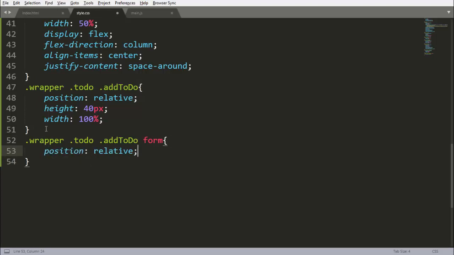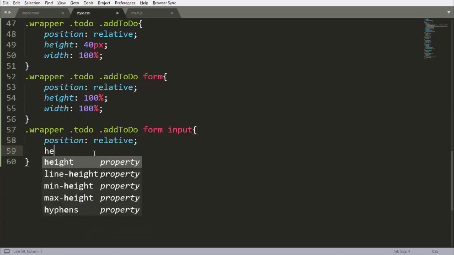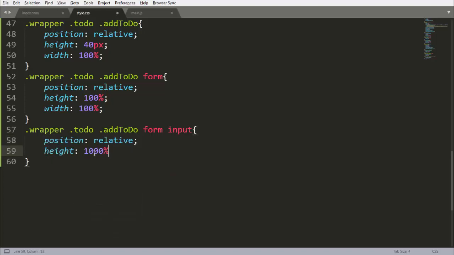Position will be relative, and height will be 100%, and width will be 100% here, not 1000%. So now we will target our input here. Position will be relative, and height will be 100%, but we don't want our width 100% here.